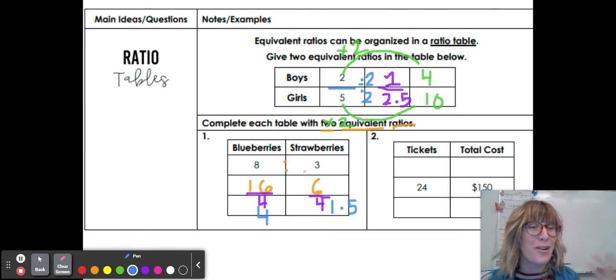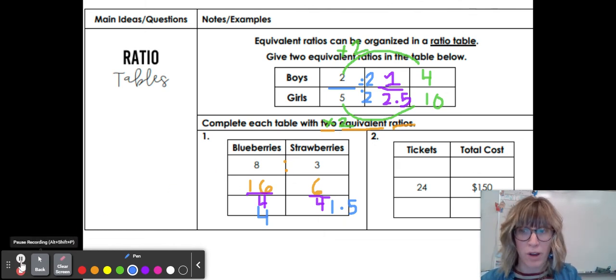You could do as many of these as you want. You could do these your whole life, right? There are infinite equivalent